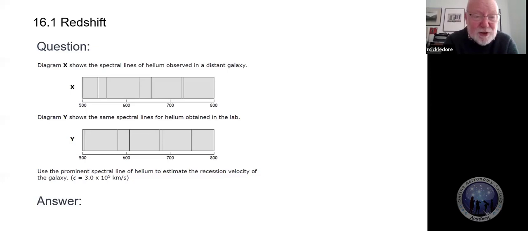I don't know what the answer says. We'll have a look in a minute. Nanometers. The other one is a pretty good bet, 610 nanometers. So it would be 655, is that what I said? No, 655. Take away 610, divided by 610, times the speed of light. And if you do that, you should get something around 25,000 kilometers per second. There would be quite a nice little bit of leeway.